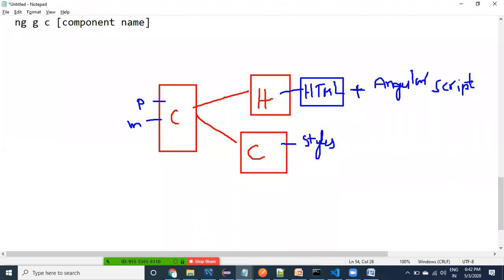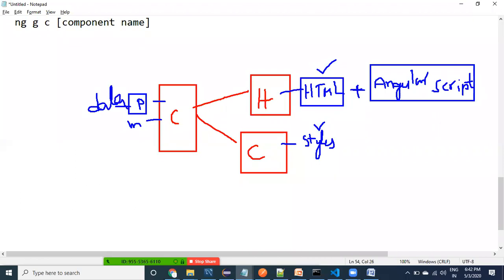Angular script contains interpolations and so many other things; these are the things we need to learn. Of course, we know how to write HTML and style sheets. If it is class, it means properties and methods. What is meant by property? Property is the data. Whether it may be Java, or Python, or any programming language, any class you create, inside the class you take properties, which means it may contain data. So this data can be used by this HTML, guys.